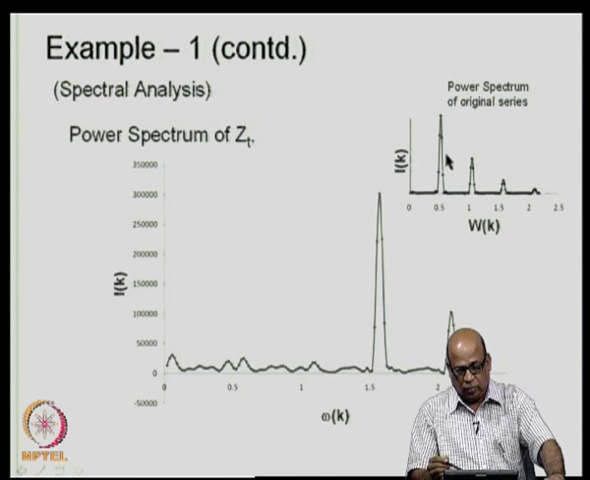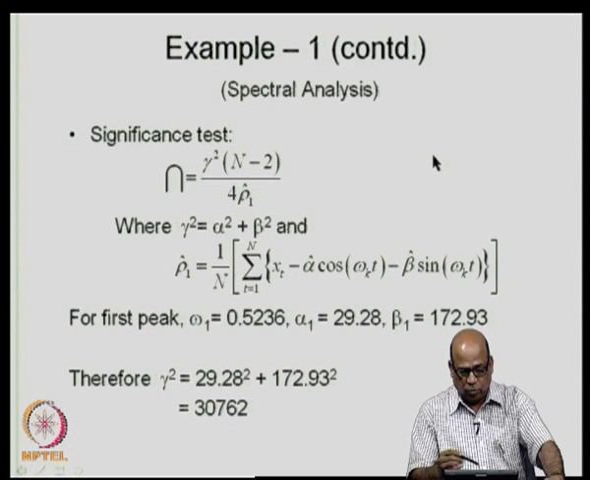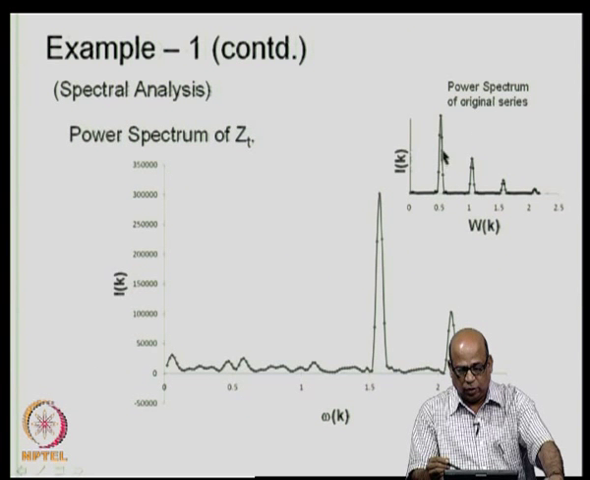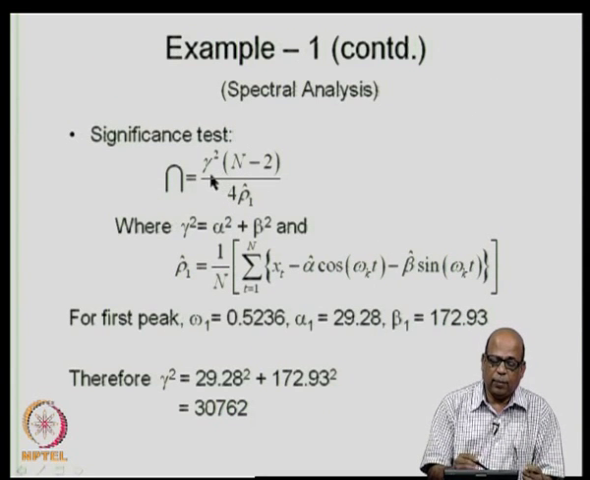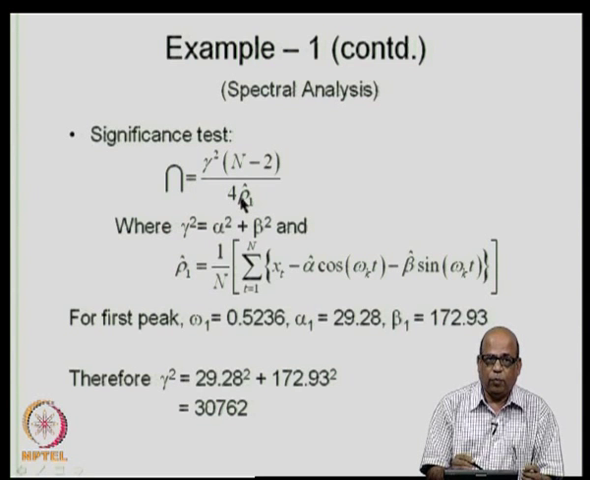In the original series, when we plotted the power spectrum, you had a peak corresponding to an omega value of 0.5236. Now, this is 0.5236, and we have seen that for the monthly data, this periodicity corresponds to a periodicity of 12 months, simply 2 pi by omega p. Now, we will examine whether this is statistically significant or not. To do that, what do we do? We form the statistic gamma square n minus 2 by 4 rho 1 cap,